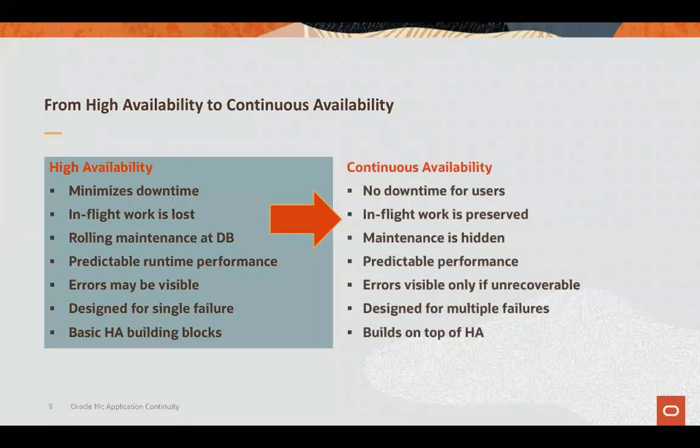So our goal is to make a transition from high availability to continuous availability. High availability was basically dedicated to maintaining the database running no matter what happens, to minimize the downtime, to make sure the database is available. But high availability was focused at the database level. It didn't consider the application interaction with the database, and it didn't consider, for example, the end user's experience with